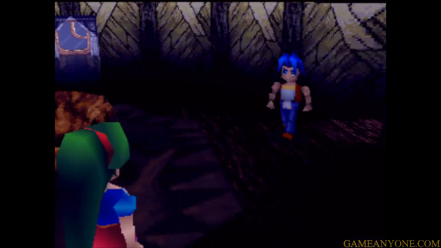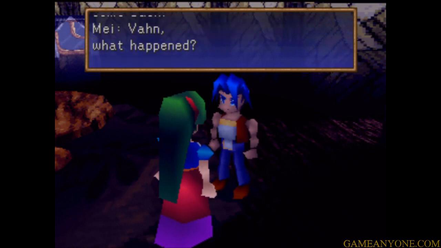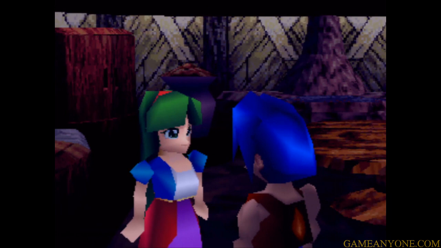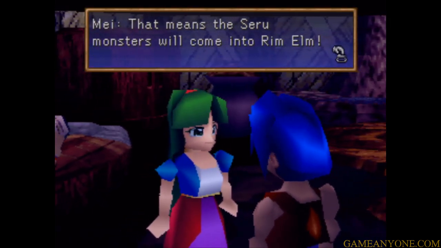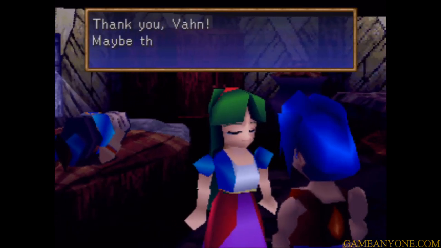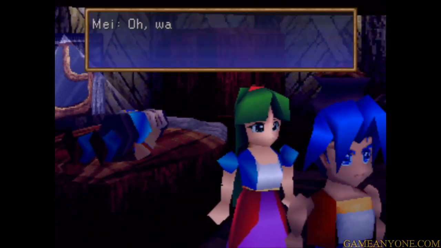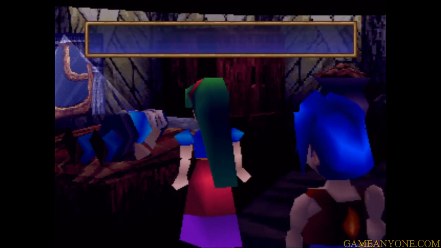Vaughn! They all went to check on the wall, but still haven't come back. Vaughn, what happened? Nothing to worry about. Oh, the mist is here, man. Oh no. That means the seru monsters will come into Realm. Again, it's already happened. What should we do? Let's go to my house. Thank you, Vaughn. Maybe that would be better. Alright, take me to your house. Oh, wait a minute, Vaughn. Father...